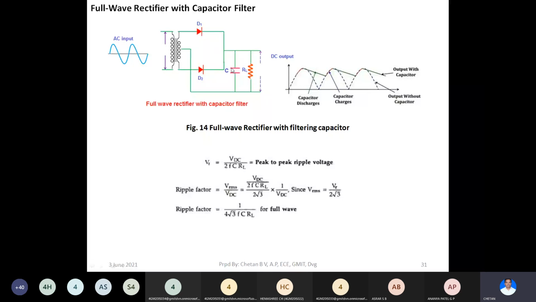And once the voltage across this capacitor reaches the maximum value or peak value of the input secondary voltage, that is Vm, the diode D1 or D2 would stop conducting, and the capacitor would start discharging through RL. The entire current from this capacitor flows through RL during discharging time. That is what is indicated in this waveform, right? So the green lines indicate that the capacitor is discharging, and the small red lines indicate that the capacitor is charging, right?